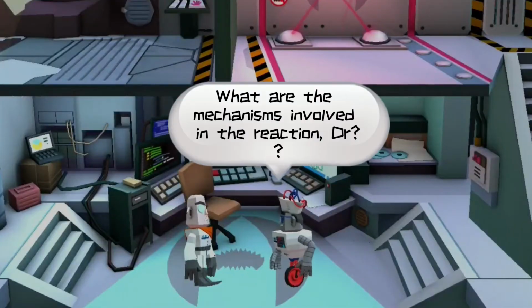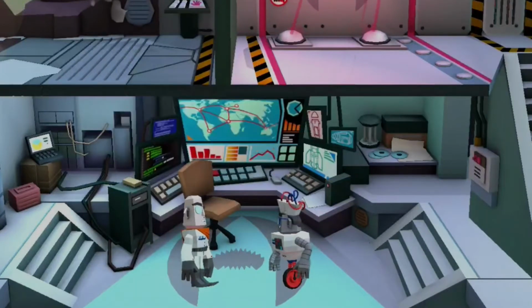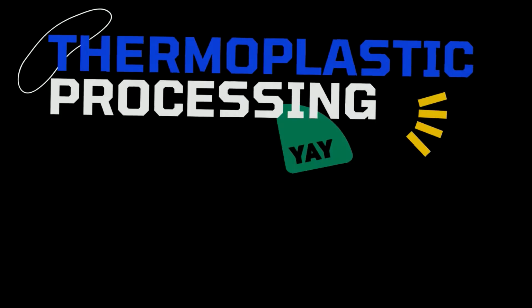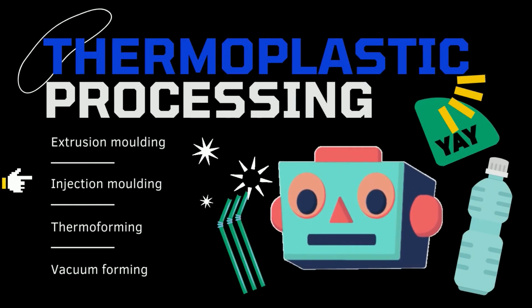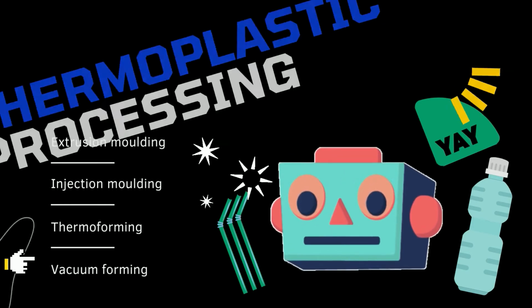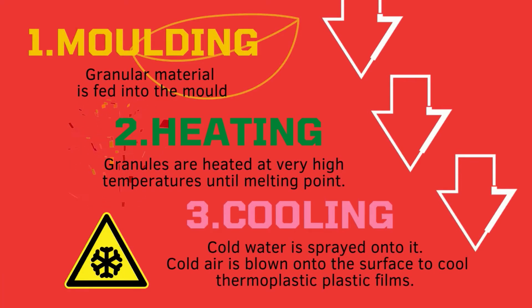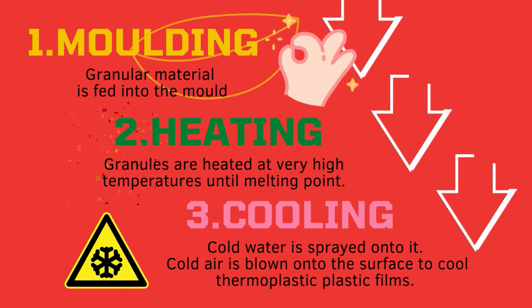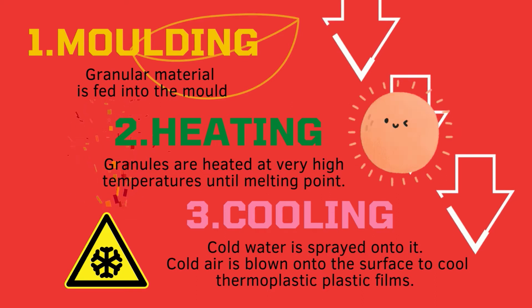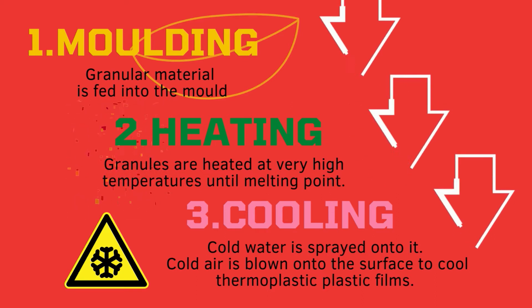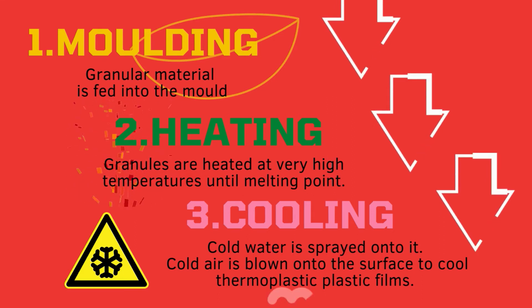What are the mechanisms involved in this reaction, Doctor? So, these are how they work. The mechanism to form a thermoplastic will include extrusion molding, injection molding, thermoforming, and also vacuum forming. Firstly, we will have to mold the granular material into a shape, and then it will be heated at very high temperatures until it melts. And then it is cooled by cold water and also cold air,